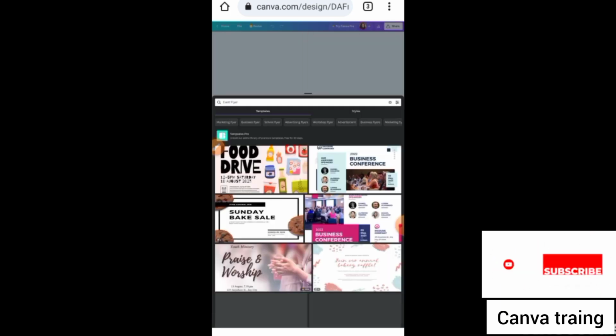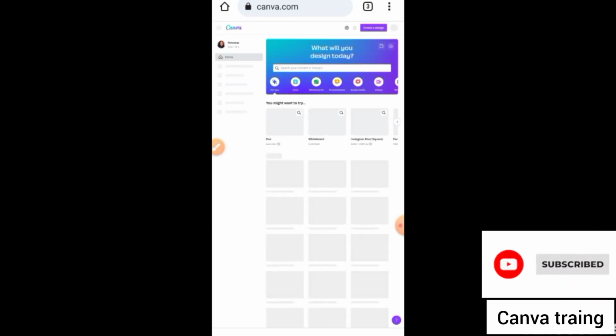Then you start designing. Okay, but then let me go back. We've not reached this stage. We've not reached the stage of designing, so let me go back. We are still introducing the homepage buttons. So over here